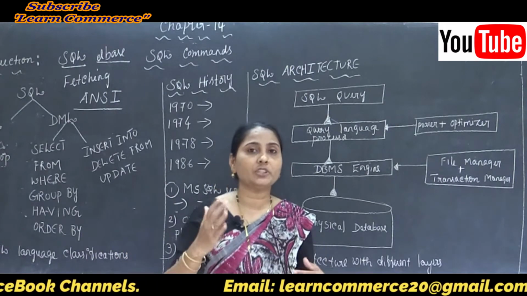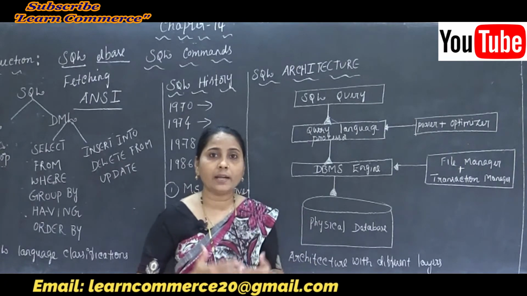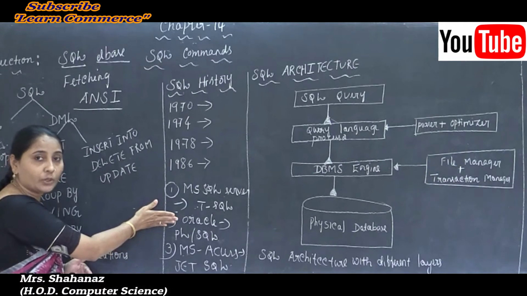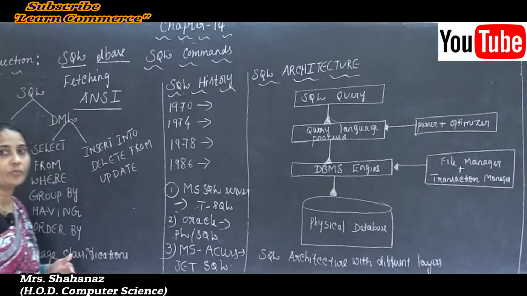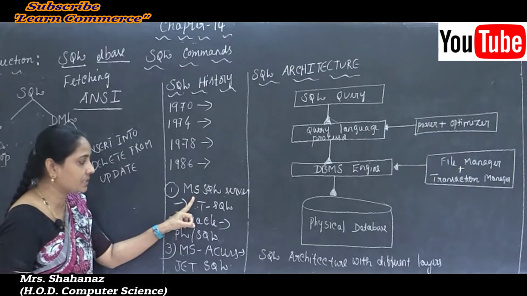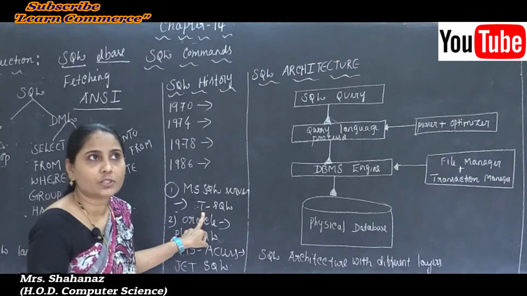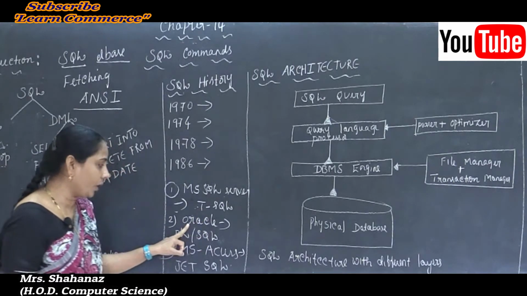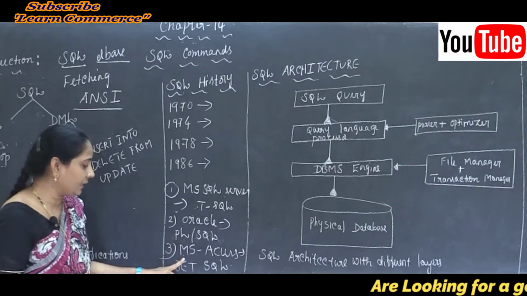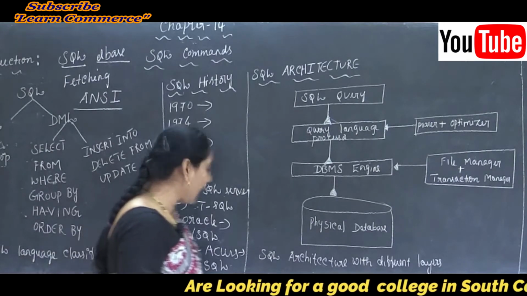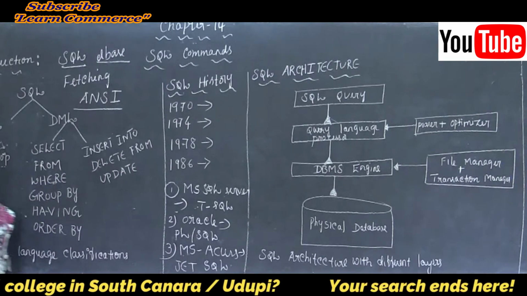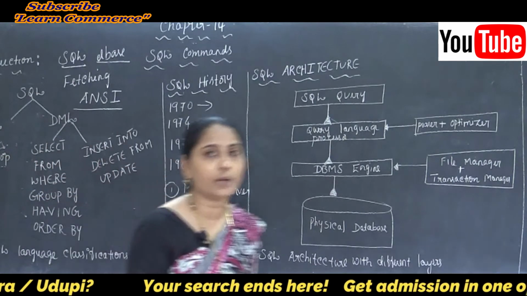So all are the features of SQL. We already started with some of the dialects or versions of the SQL language. The first, MS SQL Server, uses T-SQL, that is called Transact-SQL, and Oracle uses PL/SQL, procedural language structured query language. The third, MS Access, uses Jet SQL. Now, what features can we perform by using a language like SQL?